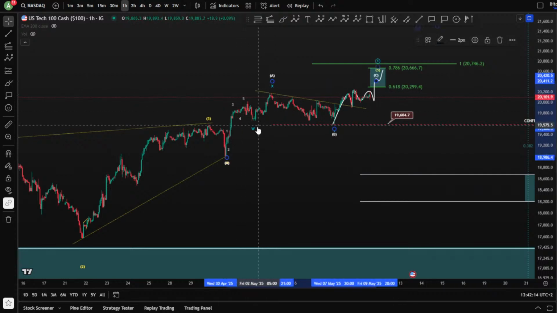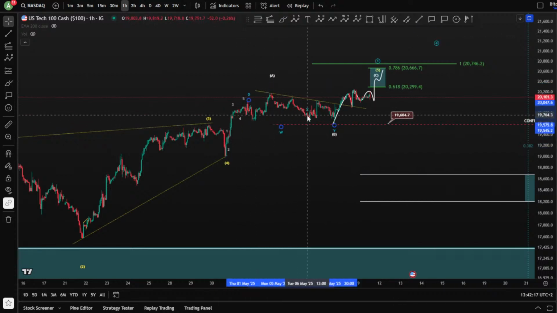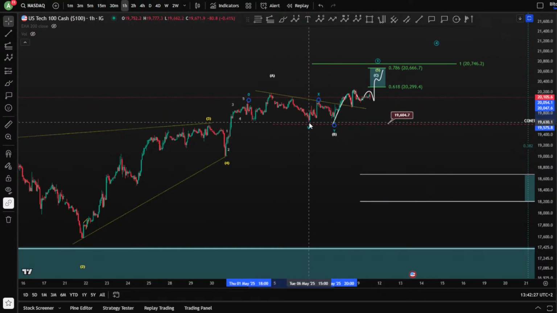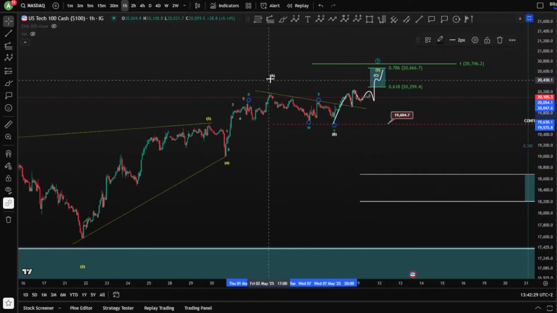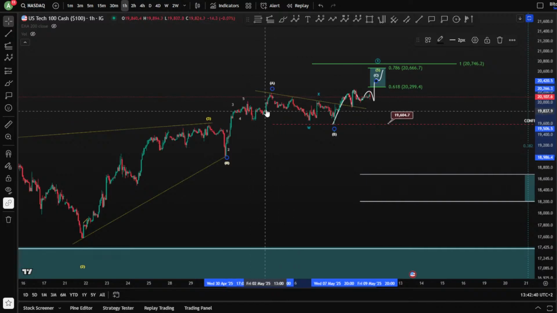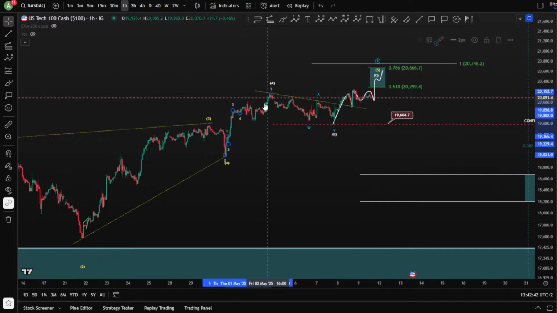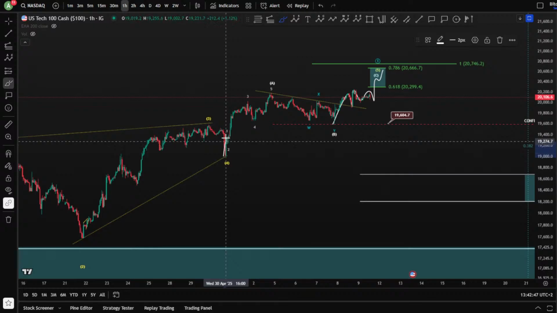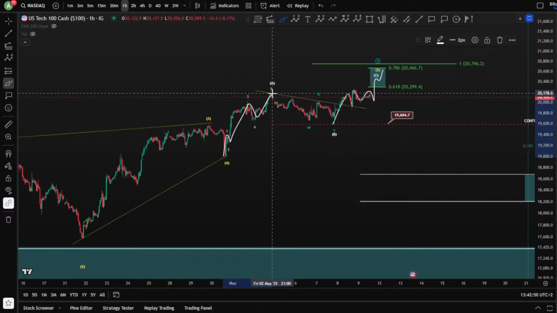Now after this sideways correction, well, preferably W, X, and a Y. If W is here, zigzag, correction, another low. Yeah, it can be. I mean, it doesn't matter. At the end, the correction has ended here. But the difference is whether A is here or here. Now preferably it can be here. Now this can be an impulse internally, knowing that, okay, on the 1 hour chart it looks like 3 waves, but internally it can be a 4 and a 5 because it looks like a great impulse here as 1, 2, 3, 4, and a 5, right?